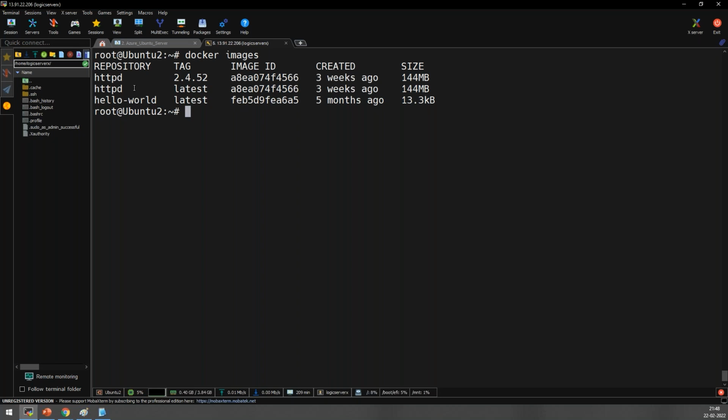I want to run this one. If you want to run a container from this image, you have to type docker space run space the image name. So you can type docker run and the image name. If you press enter,